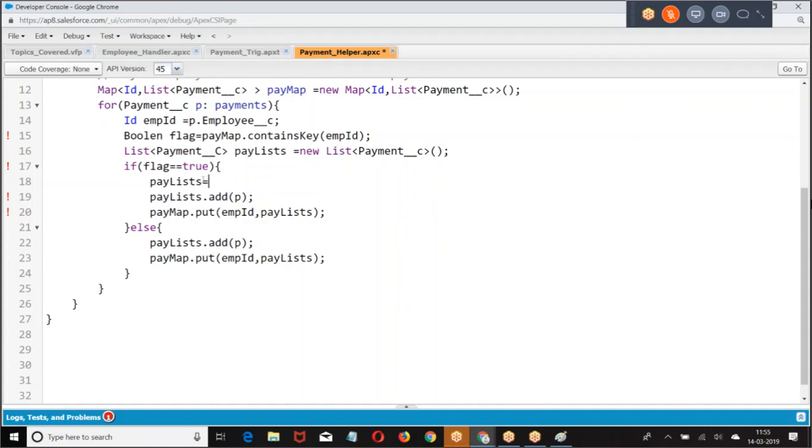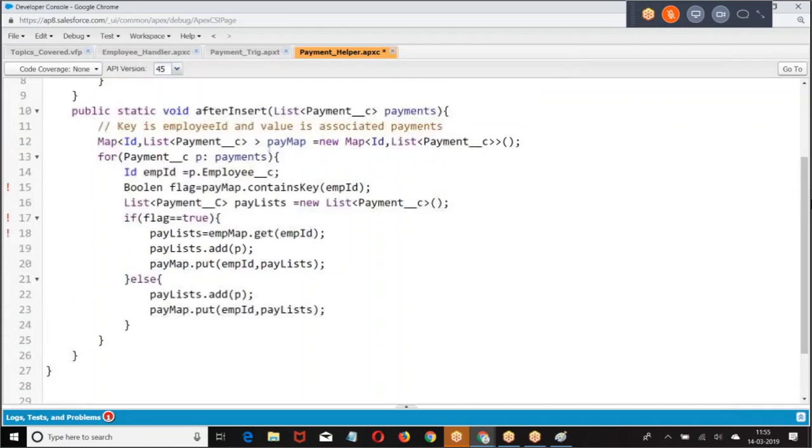pay list equal to pay map dot get of employee ID, get the existing list, then add it to the, what was this? What was that? Right.